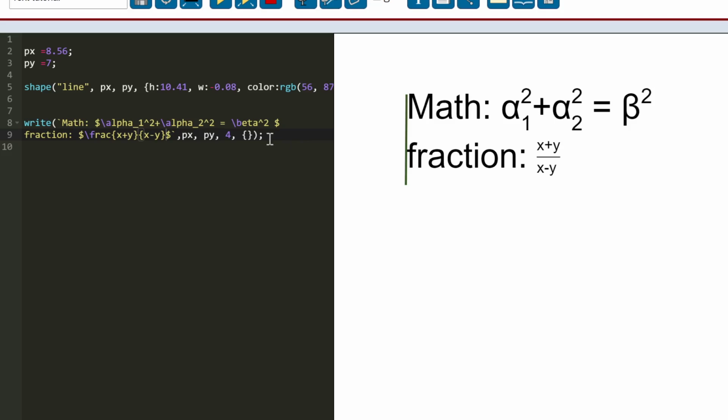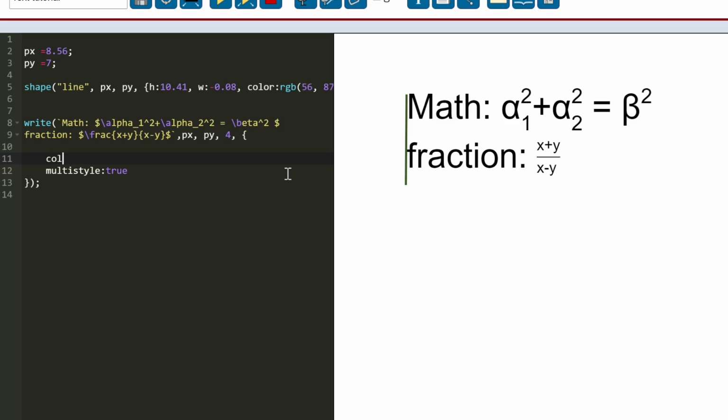Another feature that is really, really useful is the ability to use multiple styles within the same text box, within the same write command. So in order to enable this functionality, we're first going to use an attribute that is going to be called multi-style. So we set multi-style to true, and what this gives us is the ability to have multiple